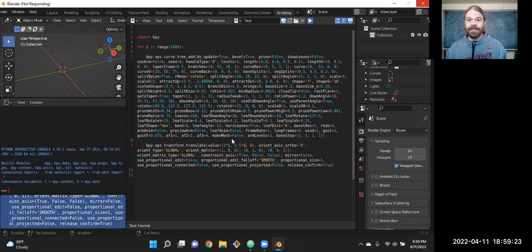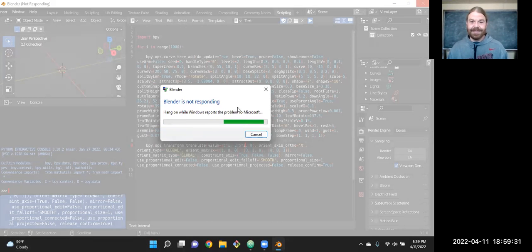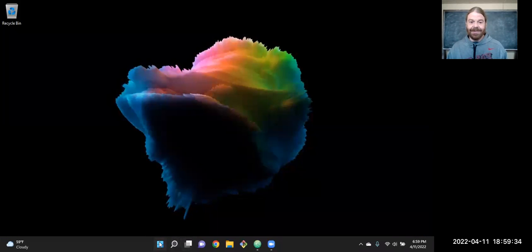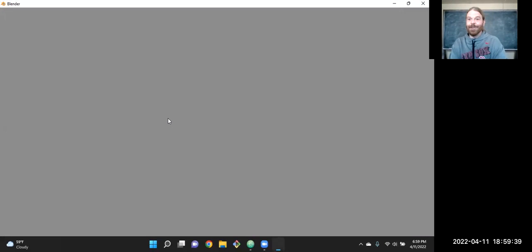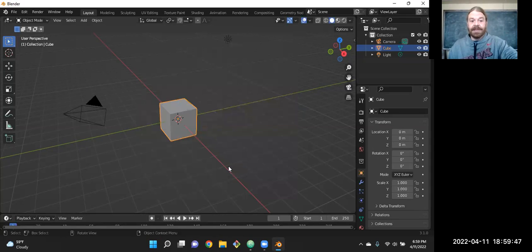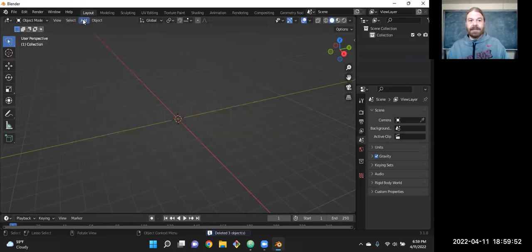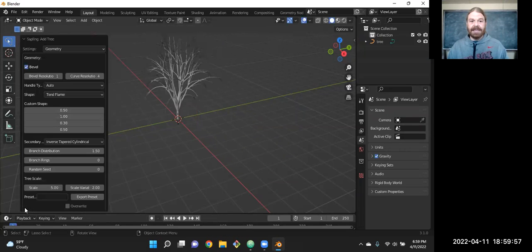So my computer's starting to make noise. Even on the solid state drive, it's still, oh, no need to report the problem. I know exactly what the problem was. I was not careful when I ran my script. Probably should have run that 10 times instead of 1,000, or maybe even better yet, like 2 times to make sure it works. But the core idea to start with is once you turn that on, we have that insert tree button, and then we just hit a few parameters,